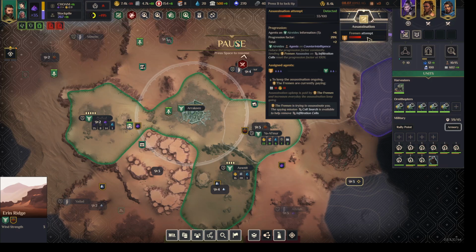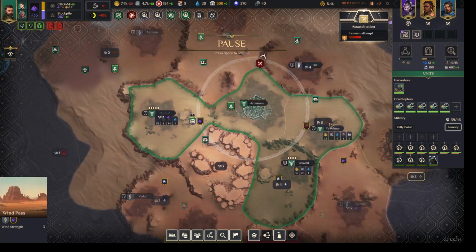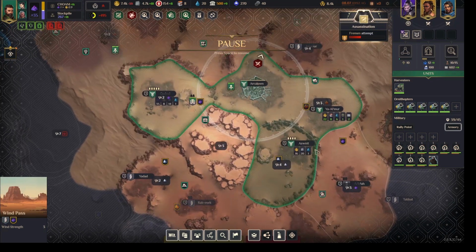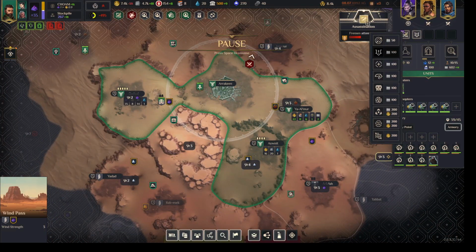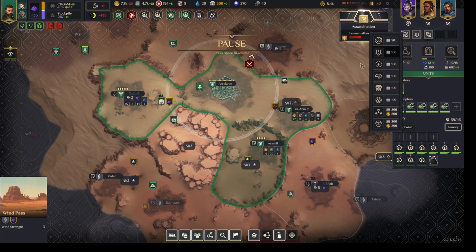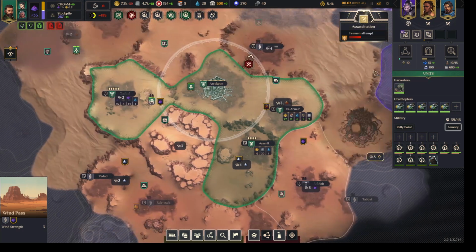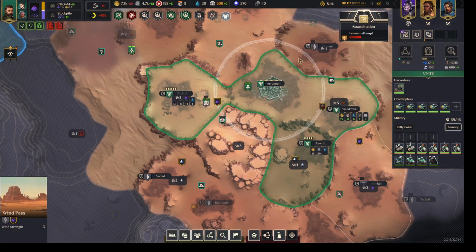How do we stop this? We can see the assigned agents part says that the Fremen have 3 agents assigned to us, and we have 2 agents on counter intel. We need to get the cells that are assigned to us out of our territory. So we do that by, as soon as we detect the assassination, we get a unique operation called the cell search. We will start preparing a cell search, which takes 3 days,